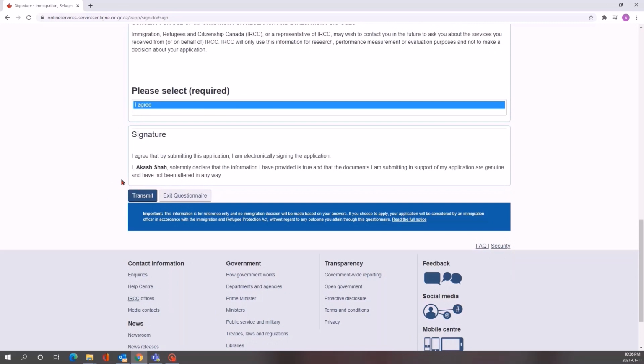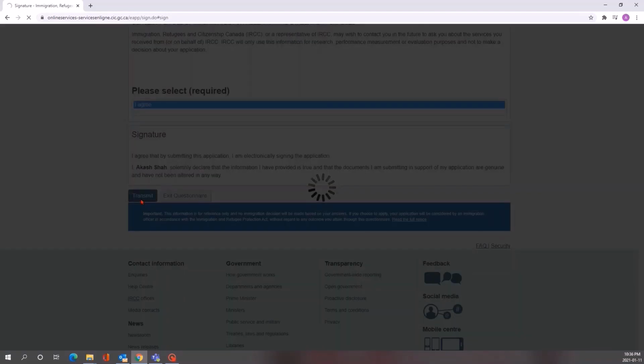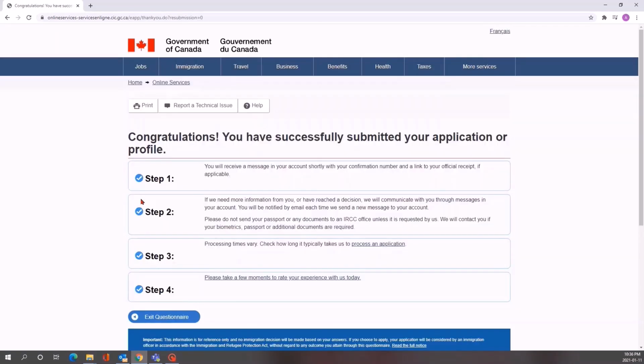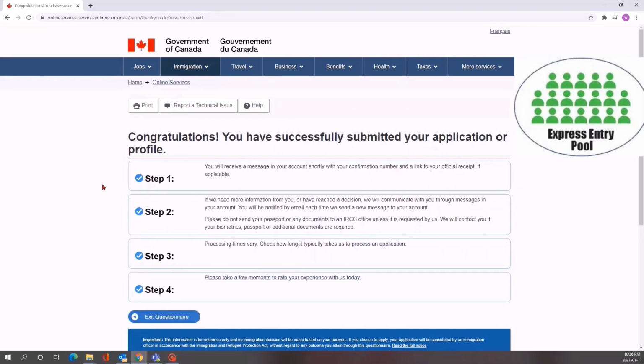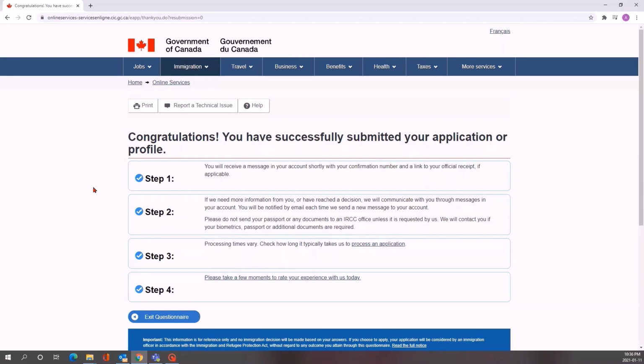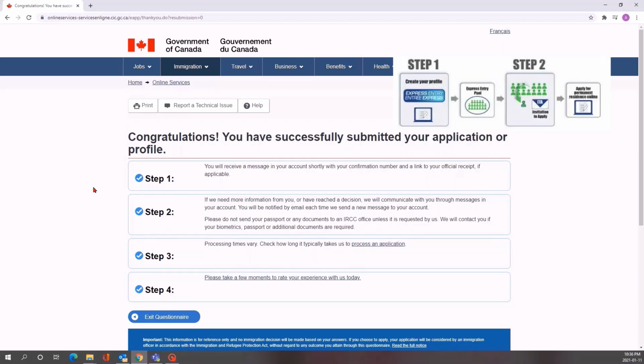Now here when you click transmit, your profile will go into the pool. That's it. Congratulations, your profile has successfully been submitted into the pool. Now you have to wait till you receive an ITA, and for that you need to be above the cutoff score.